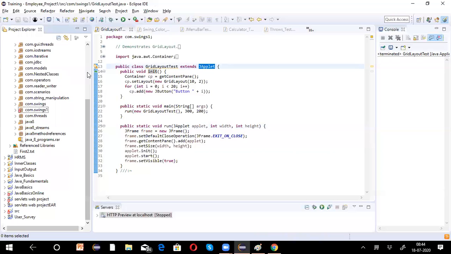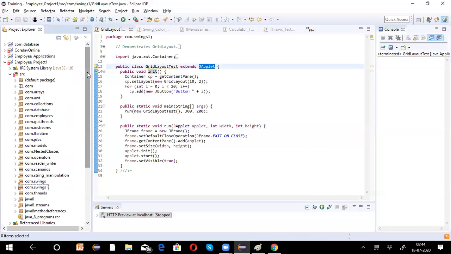GUI package, I'll forward all these examples to you. I'll share it, so you can just do some R&D on these applications. And as an assignment, I'll give you: create a sample application, a sample text editor. This is your assignment.